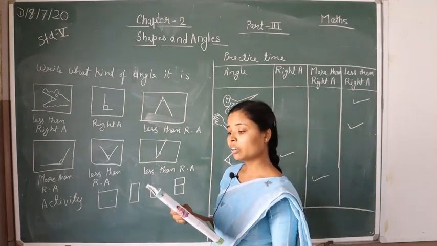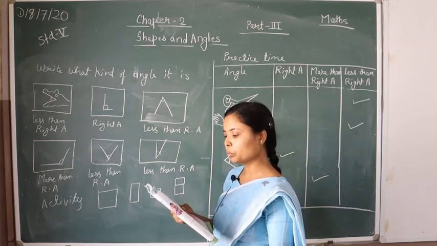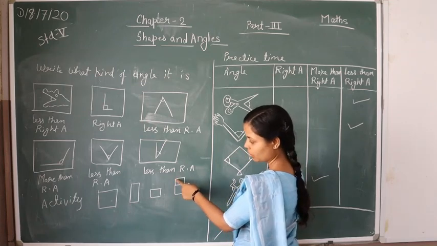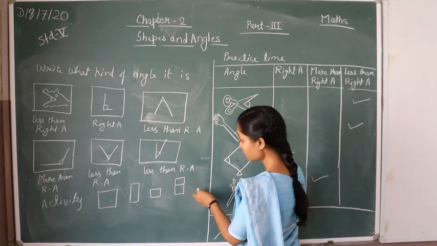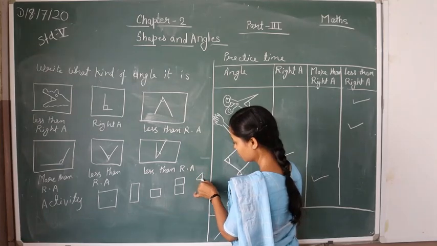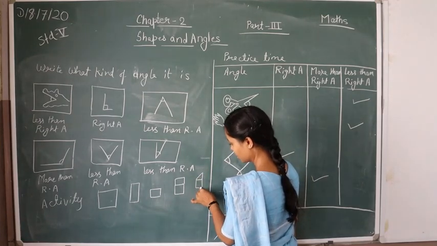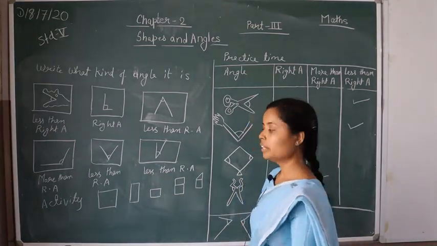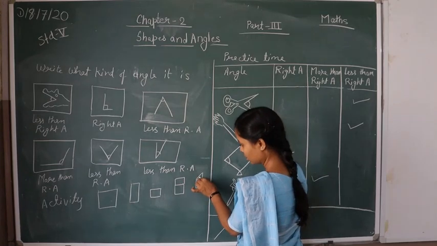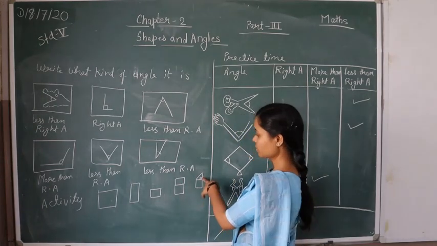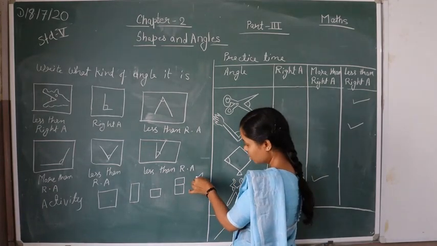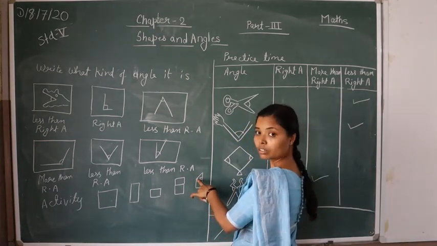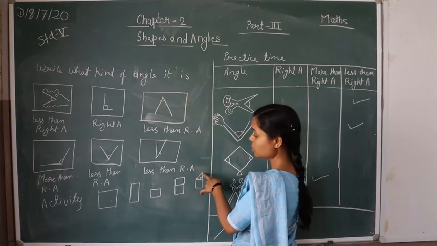And take one corner and unfold it to meet the dotted line. So take this one corner and fold it here. When you take this and fold here, you have a figure like this. Now observe this figure and tell me which angle is here? Here, right angle. Which angle is here? Less than right angle. Here also less than right angle.